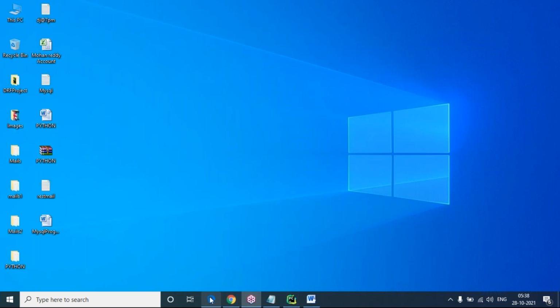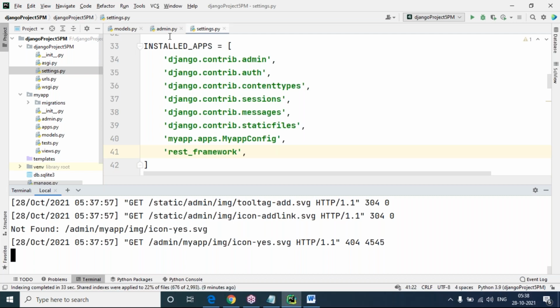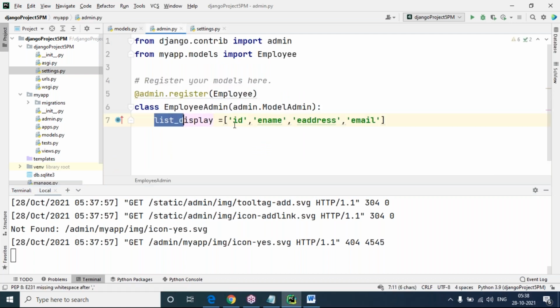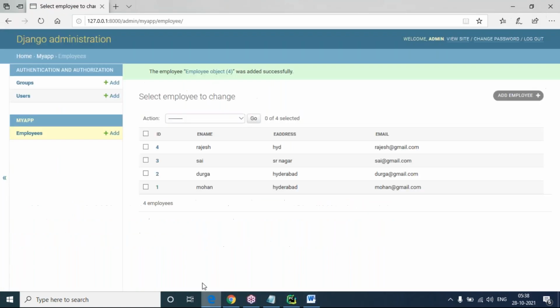How is it possible? Because in admin.py I have mentioned list_display: first ID, ename, e-address, email. For example, first I'm taking email, just observe here. Last only ID I'm taking. Whatever order I maintain in the list_display, the same order it's going to display in the admin panel.